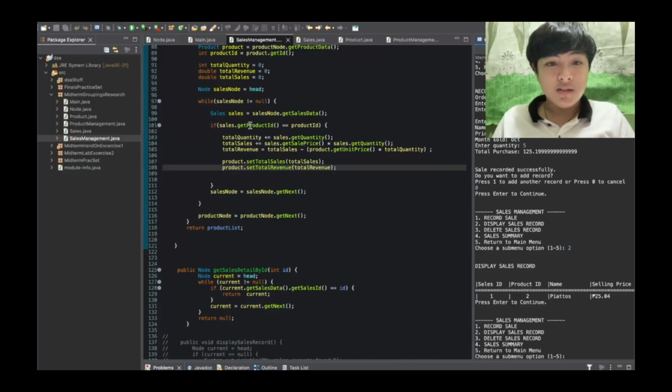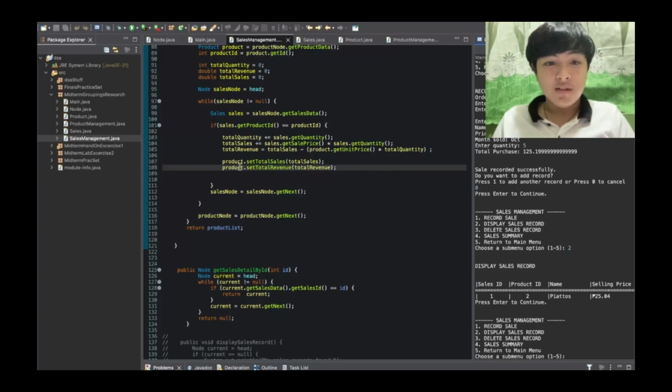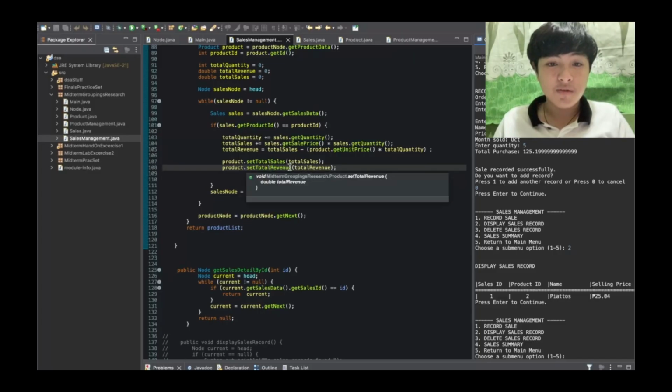If sales get product ID matches the product ID, then this formula will go to its action, and after that the product will be set to total sales. This one is how many sales we got, and this one is total revenue. This one is how much we earned.